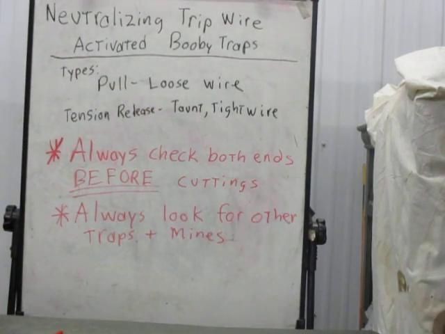Officially, under U.S. military doctrine, you never, ever, ever, ever try to neutralize a tension release booby trap. But it can be done depending on the particular firing device that is being employed. If it is the old M1 series tension release trap, there's no real way to deactivate that